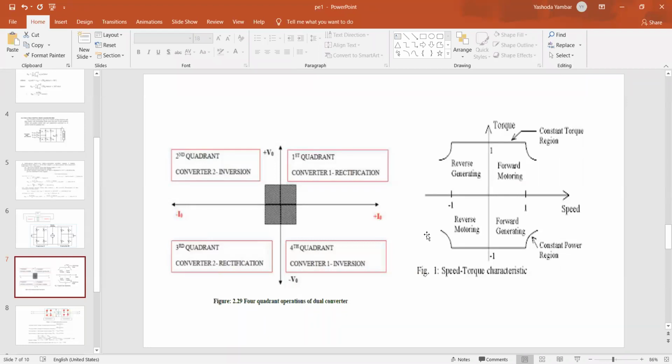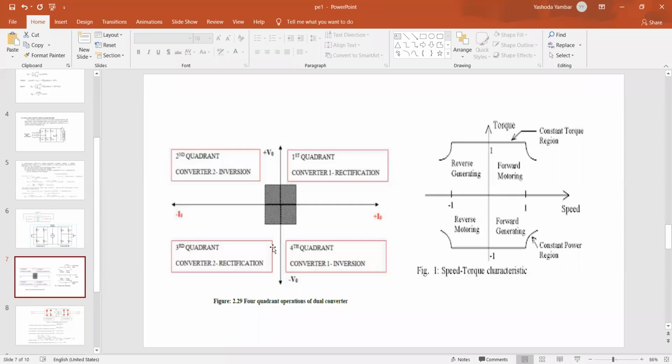Transportation system, right? Now, reverse motoring: an electric train moving on the same single railway track has to move in the forward direction and then come back in the opposite, reverse direction. This is possible by changing the terminals, by making the polarity of the voltage and current reverse. If they are reversed, the motor direction also gets reversed. So reverse motoring means the electric train which is moving in the forward direction can also be made to move in the opposite direction.